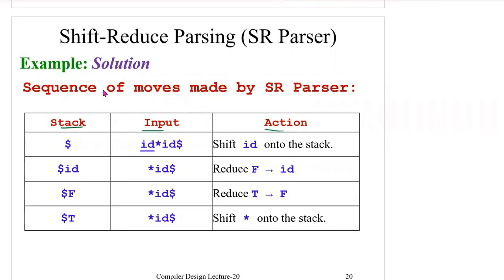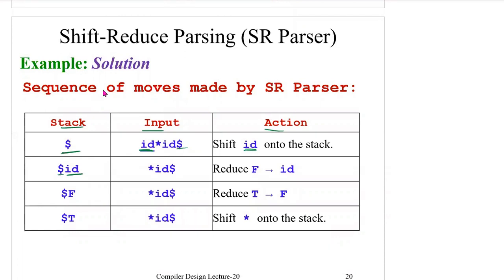Now the initial configuration of the shift reduce parser: first take an empty stack with dollar, then the input ended with dollar. The input is id + id * id. Now you can see the current input symbol in the input buffer. Whenever the first input symbol is found, it can be shifted onto the stack. So shift id onto the stack. Now the stack contains dollar id. After pushing one symbol onto the stack, if there is any reduction,